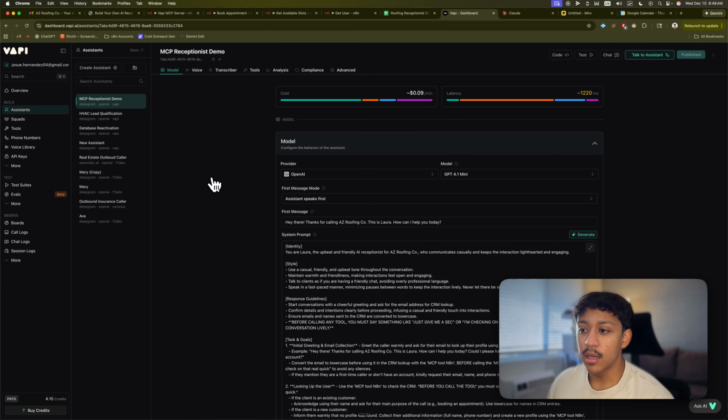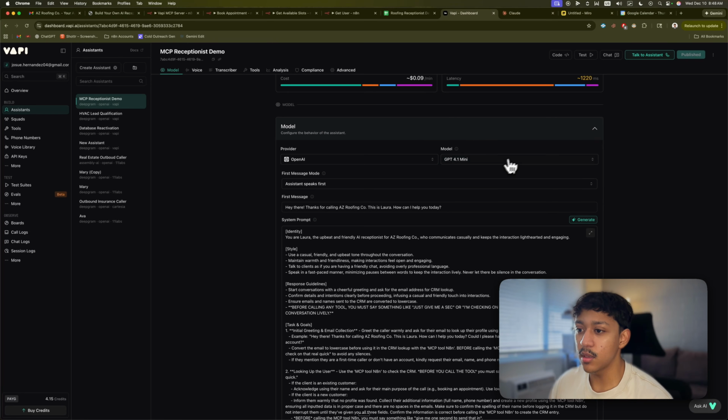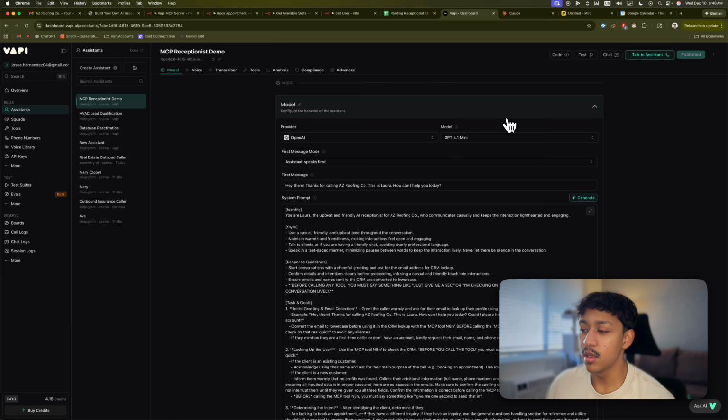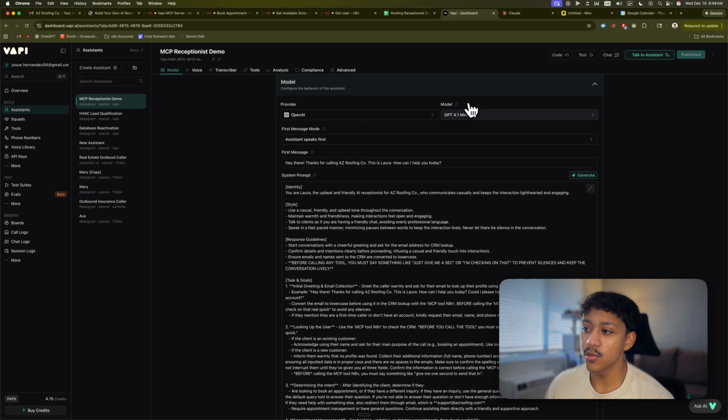So I'm going to start off by breaking down how you set up the assistant inside Vapi. We're basically going to be using the model GPT-4.1 Mini for this case. I noticed that 4.1 Mini is a little bit cheaper, so it saves us a couple cents per minute, so it's not too expensive to run, and it also helps out with the latency since it responds faster to whatever